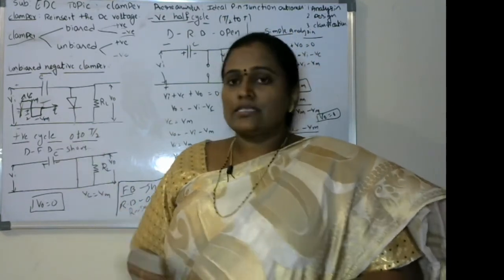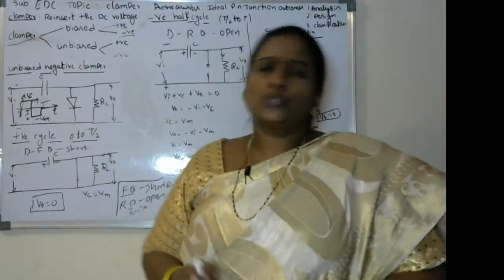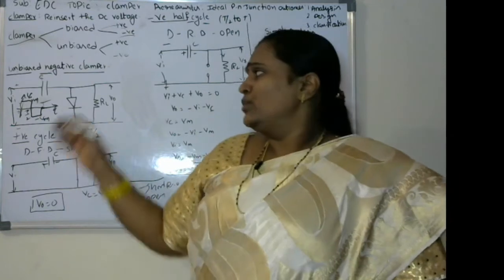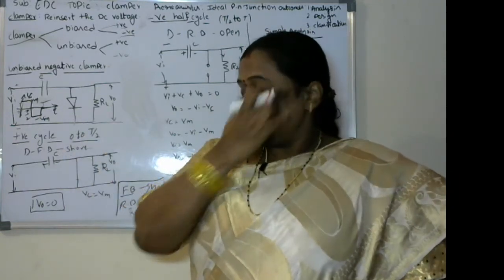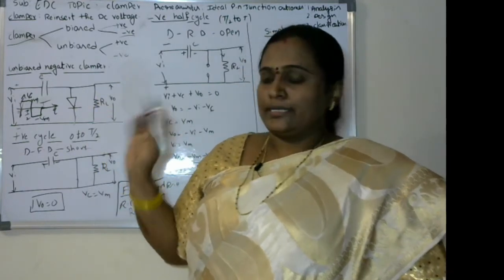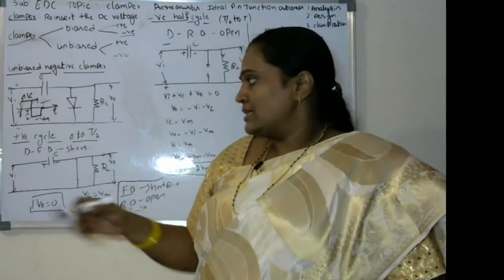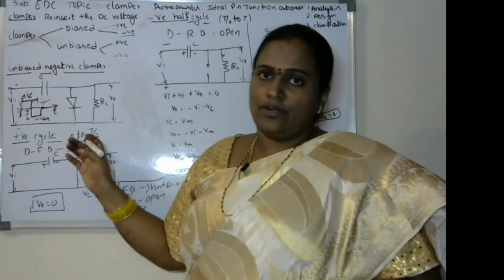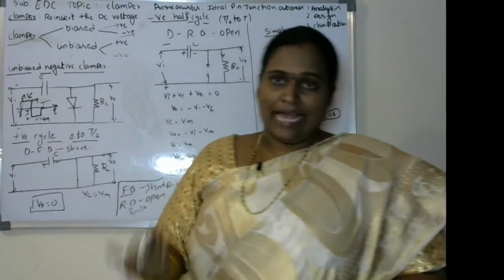Anyhow, in this analysis we are mainly considering the clamper analysis, and we are going to consider the ideal diode. Next, we are using the resistance RL, where we collect the output, which will be indicated as V0. In this clamper circuit, we have to start the diode analysis when the diode is forward biased. That cycle only we have to consider.